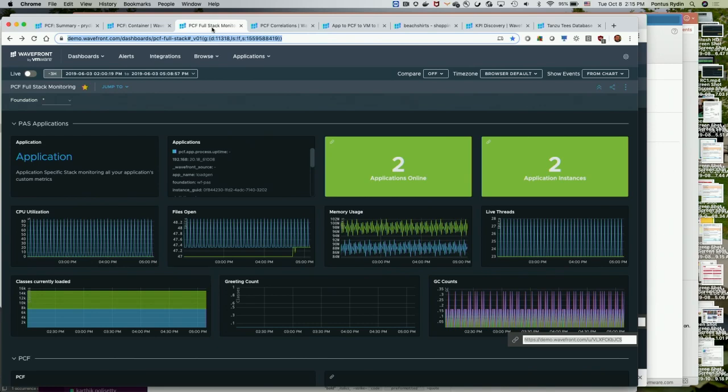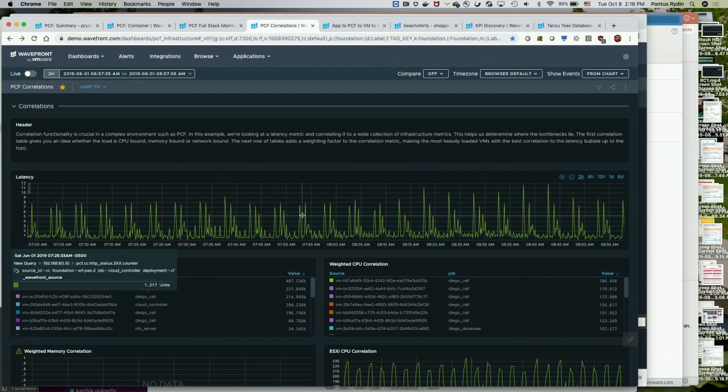My application is running just fine. There's nothing wrong with the code. And you actually have to follow this chain. I have an anecdote from a big company that said the fact that they had a tool that could do that saved them about two weeks of troubleshooting, because otherwise it's just random looking through logs or what have you, right? So you definitely need that. But you need a little bit more. You need a tool that can automatically correlate things.